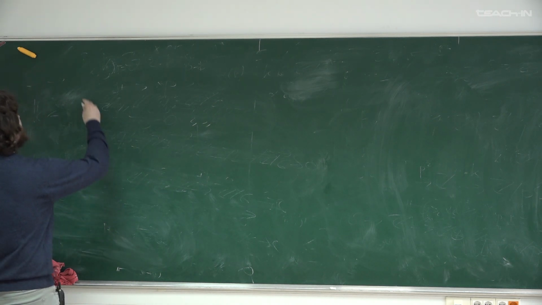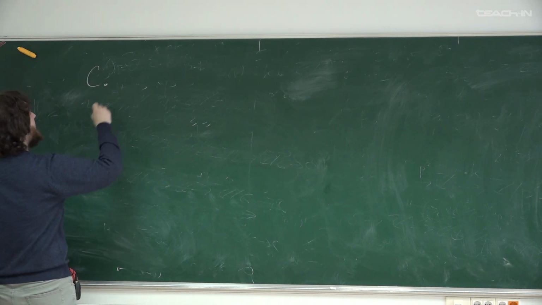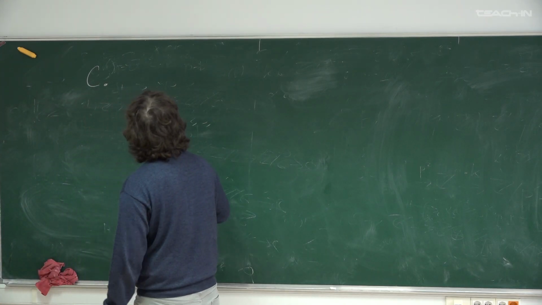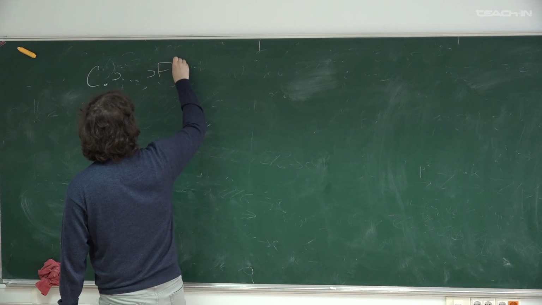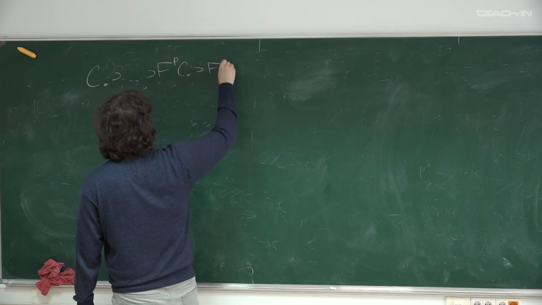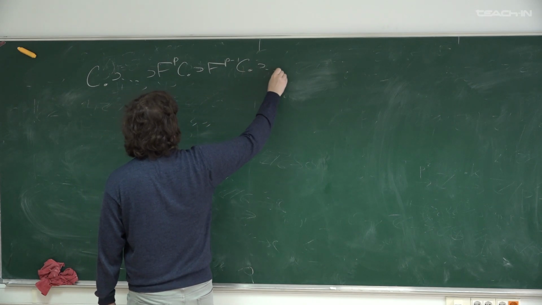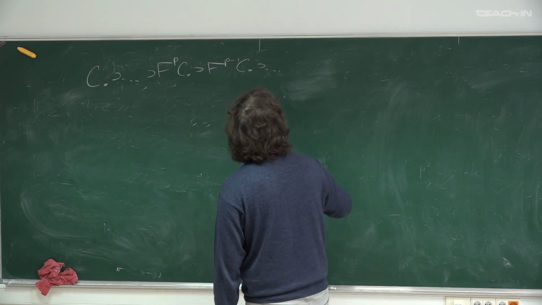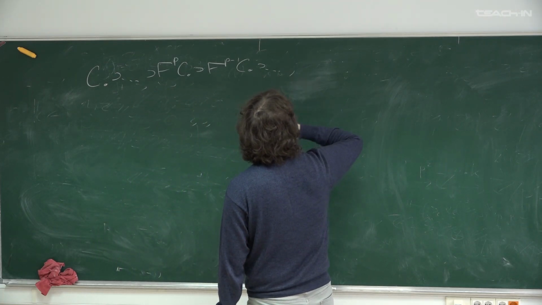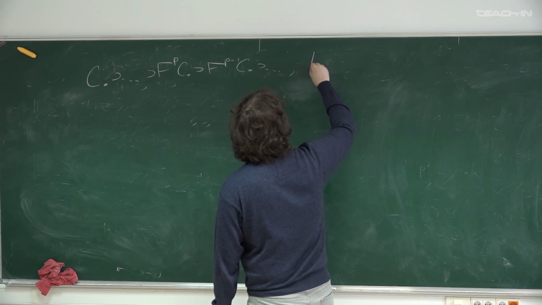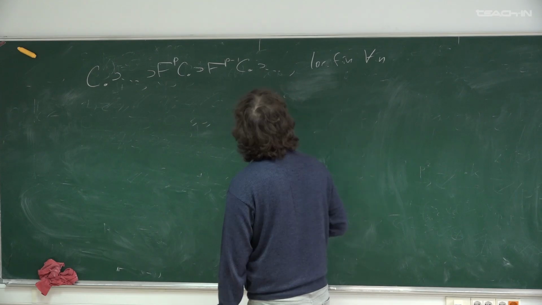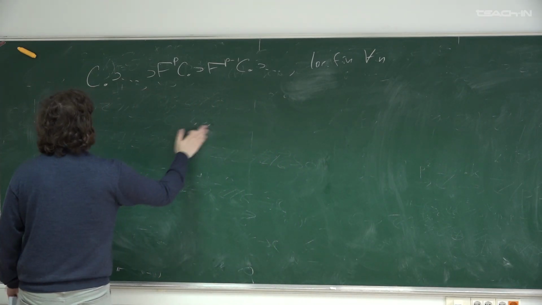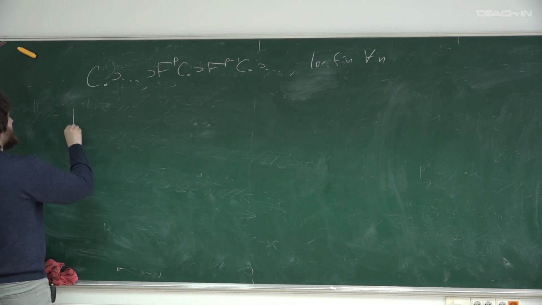If we have a chain complex and an increasing filtration on this chain complex, such that this filtration is locally finite in each degree, then we construct a spectral sequence of homological type,